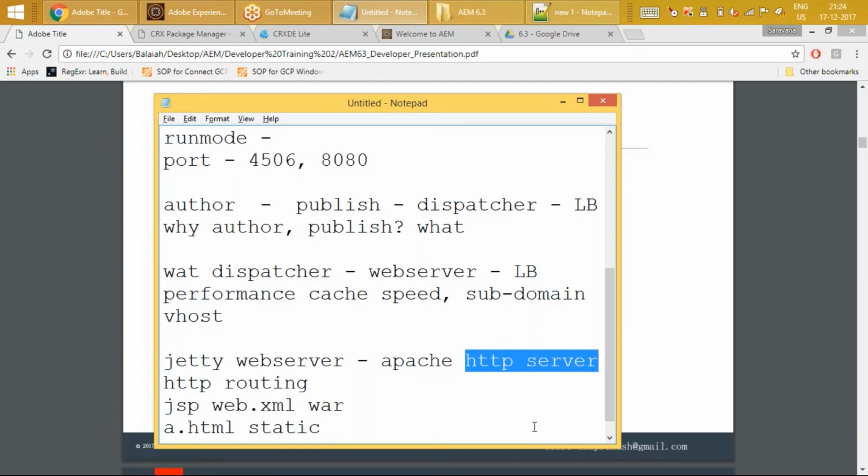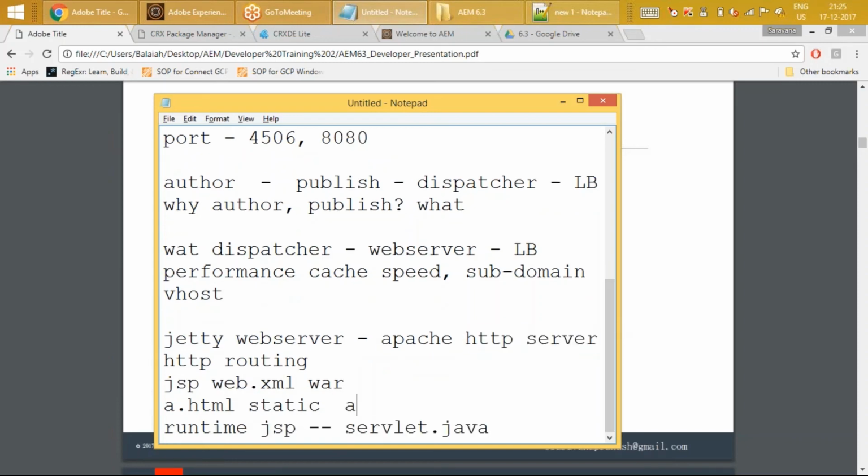I throw a.html, a.html will be bounced back to me. But if a.html is actually served from a.jsp, plus it loads some other backend, it makes a web service call, a REST web services call or a SOAP web services call, it needs to be processed.